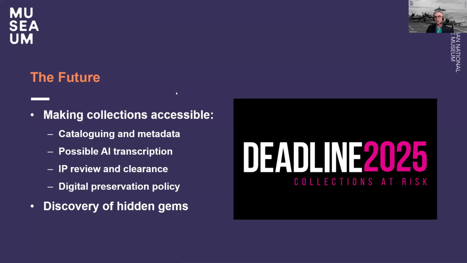And what I've also been working on with our students or the interns has been some of the things you can see on the slide here. So making sure things have appropriate metadata standards. We're working possibly with the National Film and Sound Archive to get their new AI system to do base level transcriptions of the content so we can further enrich what we've got. I'm working with our colleagues at the National Archives of Australia to do reviews of the intellectual property so that we can clear as many of these things for access as possible. And I've been working with one of our interns, Reham, to work on a digital preservation policy, which our museum doesn't currently have, so that everything we've digitized has longevity as well.